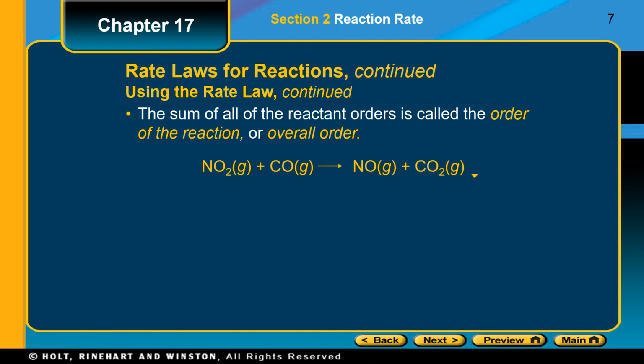So in this particular reaction right here of nitrogen dioxide reacting with carbon monoxide, forming nitrogen monoxide and carbon dioxide, they've discovered that the rate law for this particular equation is R equals K times the nitrogen dioxide concentration squared. Notice that there's no CO in there. And so that one is a second order